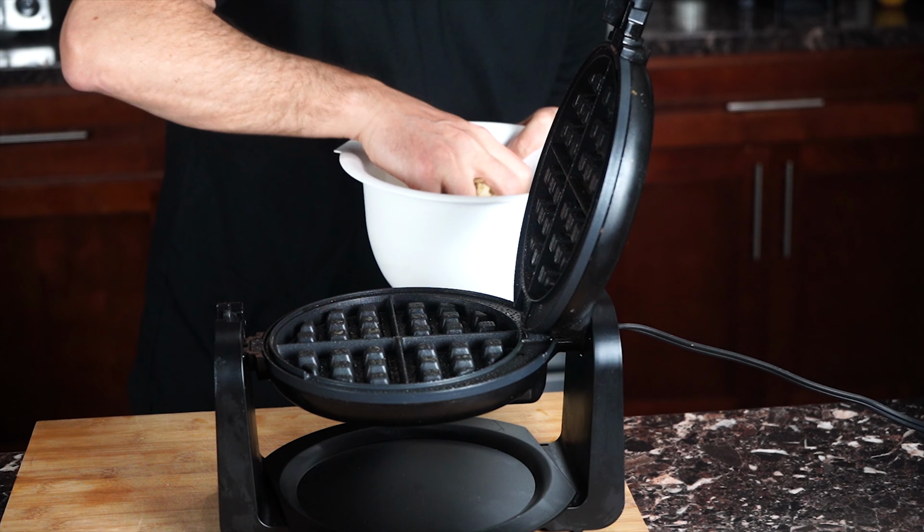We have our waffle maker. If you don't have a waffle maker, you could always just buy hash browns or make hash browns and put them on a pan, sear them. I'm just doing this for the video, but you could just make regular hash browns, it's fine. We have our hash brown,